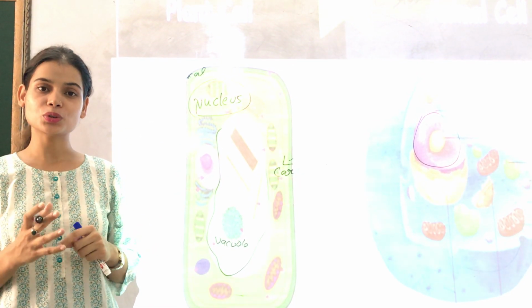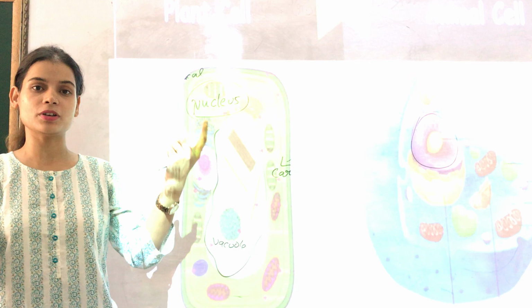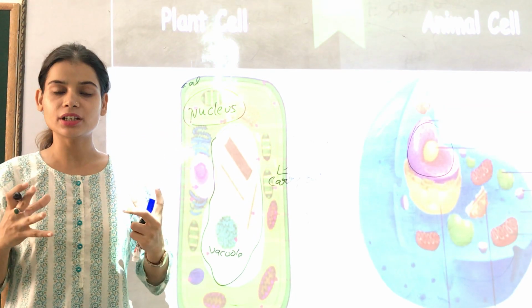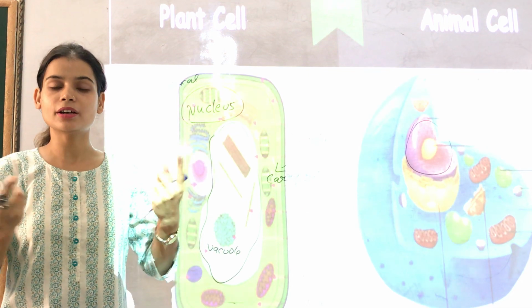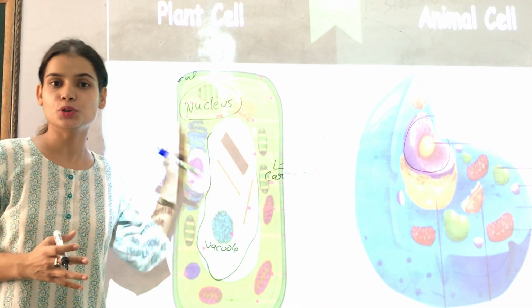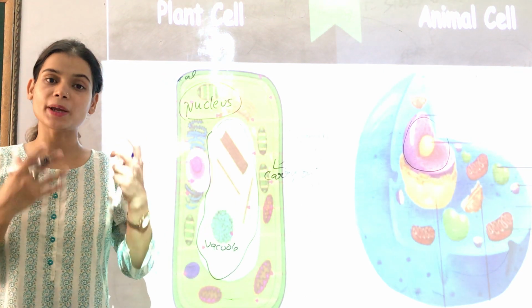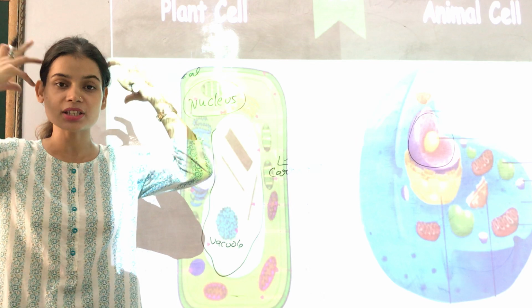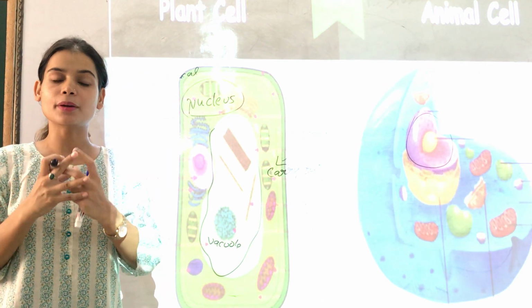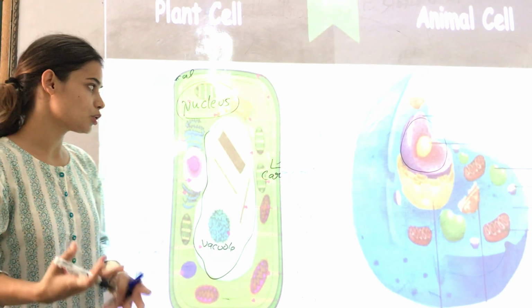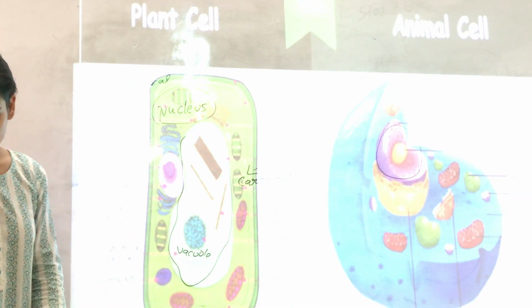Today we are going to talk about the brain of a cell. Just as all the functions are controlled and monitored by your brain, similarly all the functions of a cell are monitored by this nucleus, because it has so many important pieces of information. Just as there is so much information inside your brain, similarly there is a lot of information inside this nucleus that we will study today.